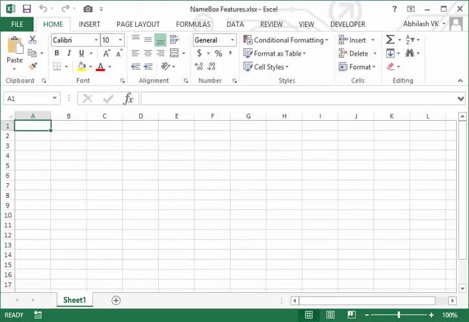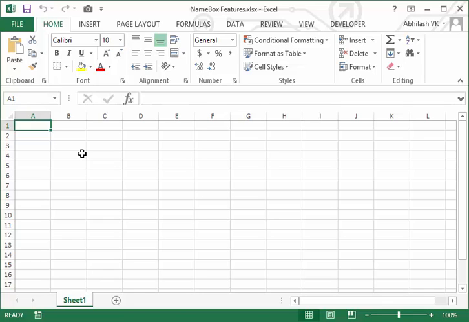Today we'll disclose what the uses of the name box feature are and how it plays a prominent role in Excel. So we'll see how to use this name box for our daily needs.